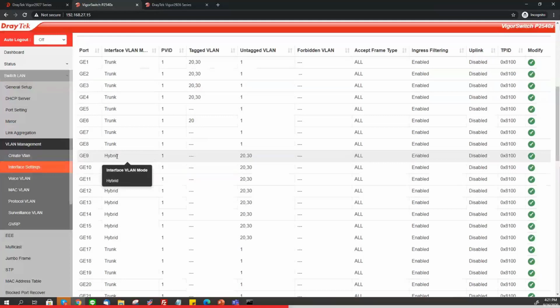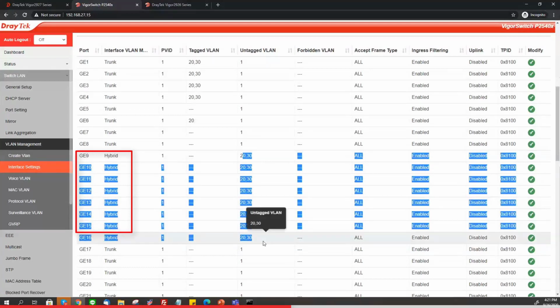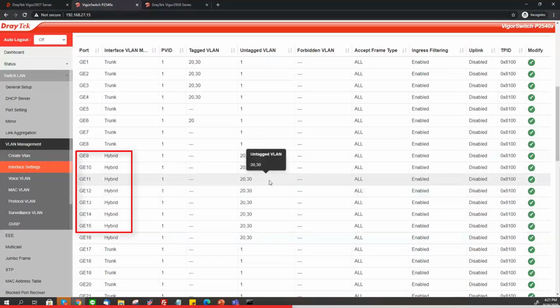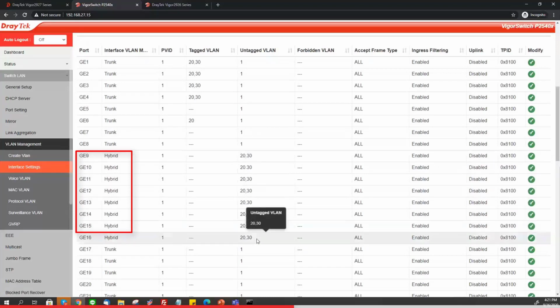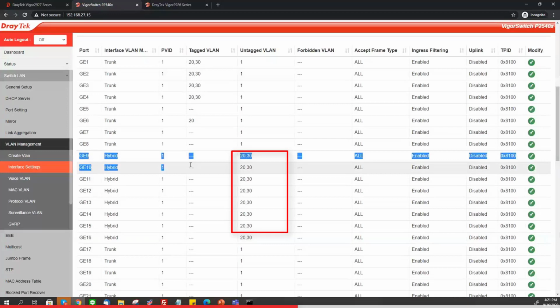We will start with the VIGA switch configuration. Ports 9 to 15 will need to be configured as hybrid ports. Since the end-user device is VLAN unaware, we need to enter the untagged VLANs 20 and 30 for the hybrid ports.